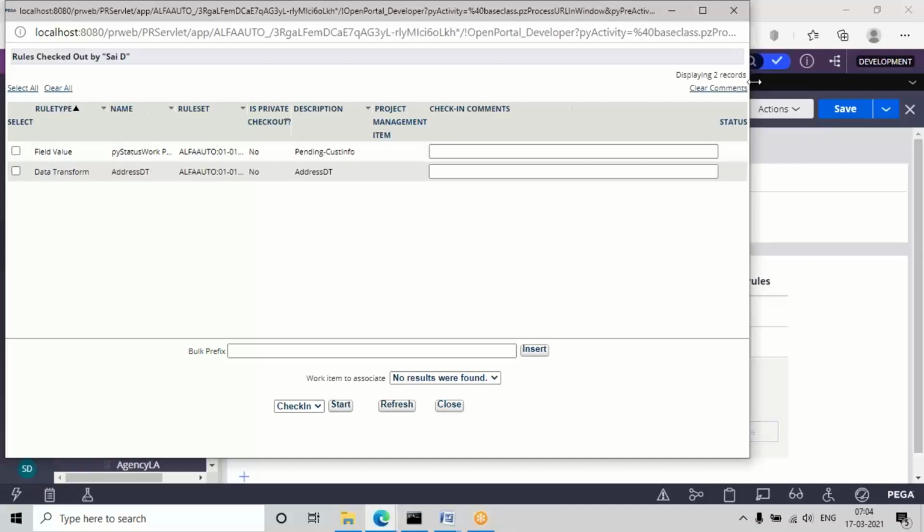In my application just two checked out records are there. So what we need to do is select all and add a bulk prefix. Whenever we check in, as I told you previously, we need to give some prefix. So I'm giving a bulk prefix at a time. When 100 records are there, we can directly add a bulk prefix without adding for each one separately. After you insert, click on check in. Next to that the start button is there. The check in option is already chosen, and here you need to click on the start button. Once you click on start, the check-in will happen automatically, and once the status shows as completed, we can close the widget.